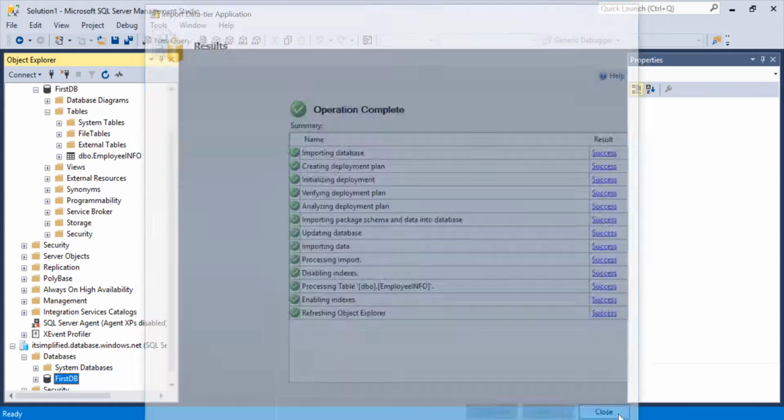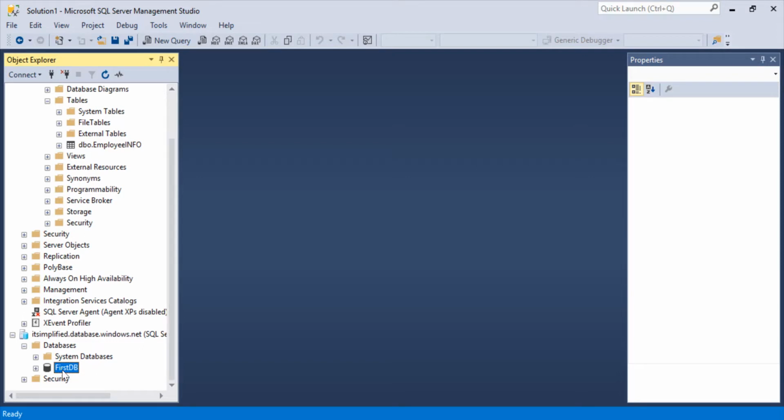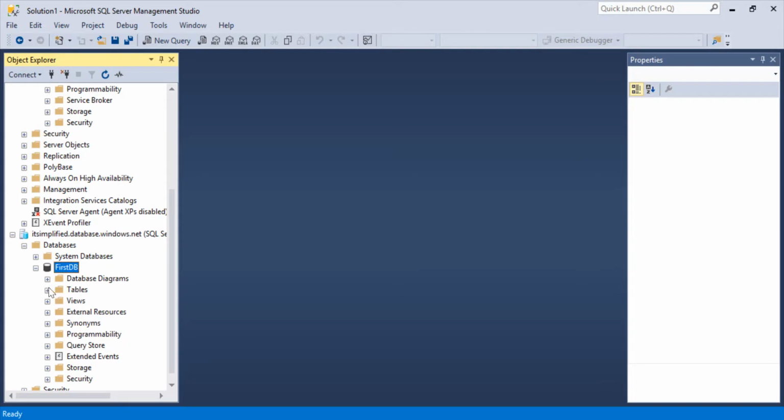Now I can close this window, and now you will see under the IT Simplified server I have my first database. If I expand this and go to the tables, I should have information about the tables too. So let me just wait for this to open. And here you go, the employee info is here, which is similar to the way it was on-prem. So that's great. These are the steps that you need to be aware of when you're trying to migrate